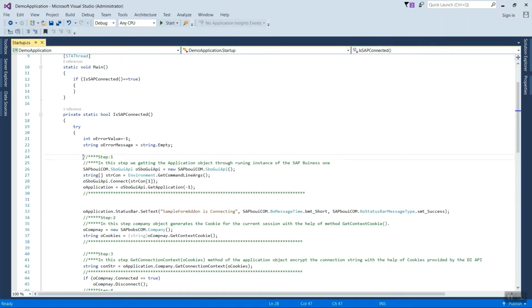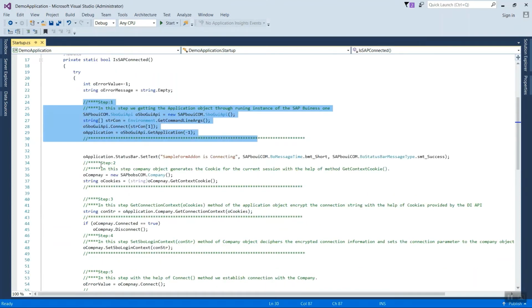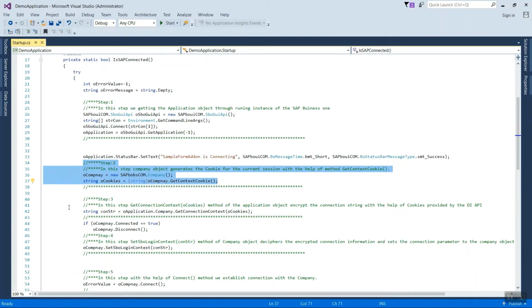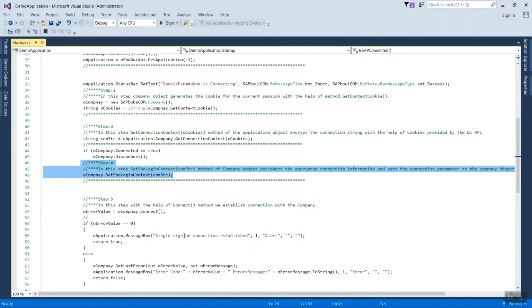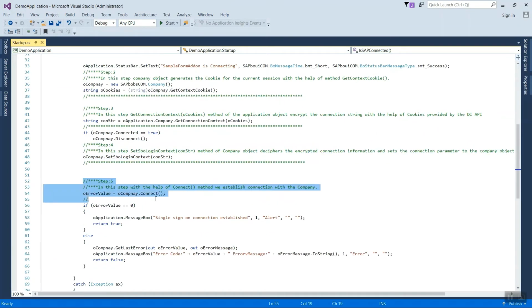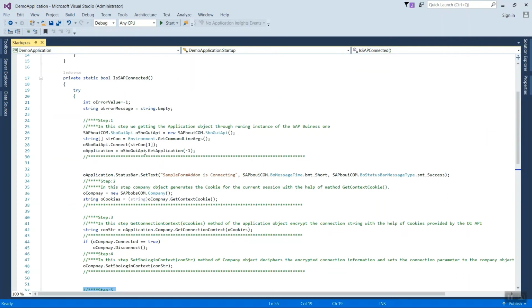You can see I have made step 1 and then step 2 and then step 3 and then step 4 and then step 5. In step 1, what we are doing, we are getting the application object by the help of the running instance of SAP Business One. This you have already seen in my previous video.